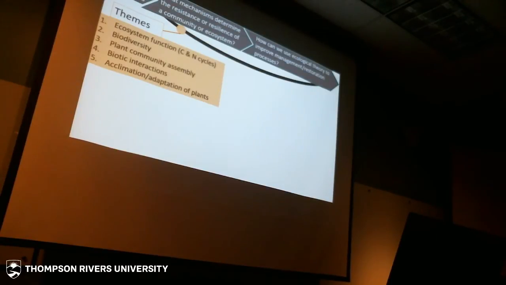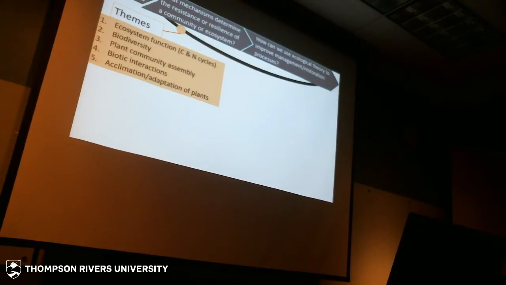biodiversity. This is plant biodiversity, and hopefully expanding upon that into microbial biodiversity. Plant community assembly: how are plants assembling, why are they assembling, what are the biotic interactions that are involved in that? And by biotic interactions, I mean plant-to-plant interaction, plant-to-soil interactions, what's causing these differences in community assemblies that we're seeing. And then finally, this is kind of a lower priority, but acclimation and adaptation of the plants within these